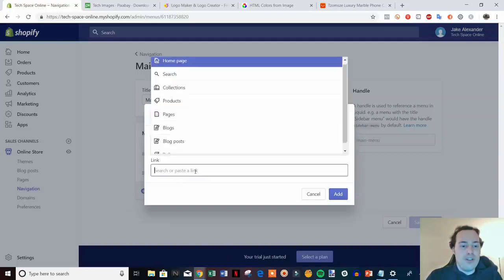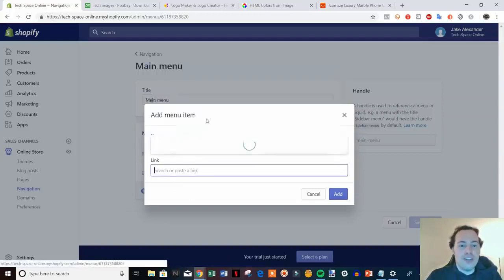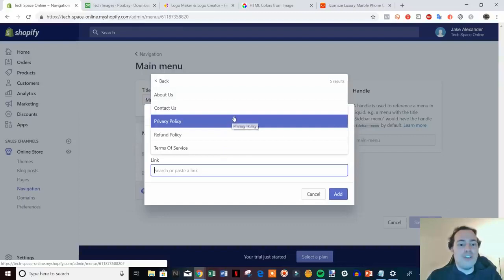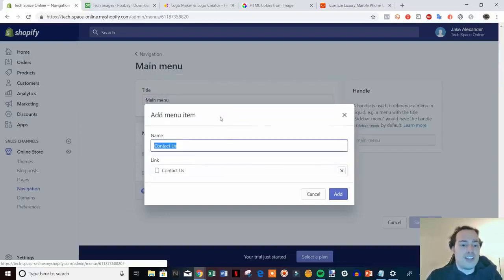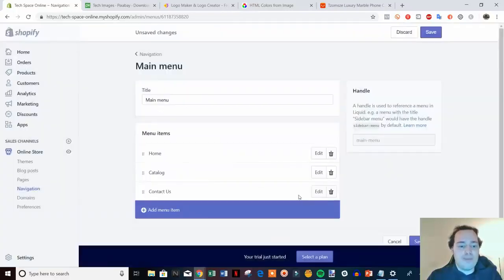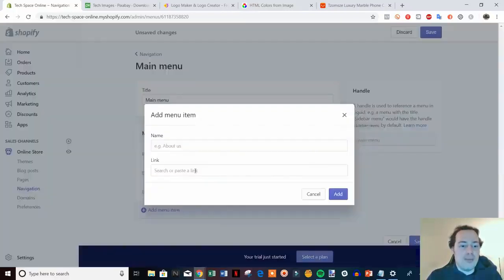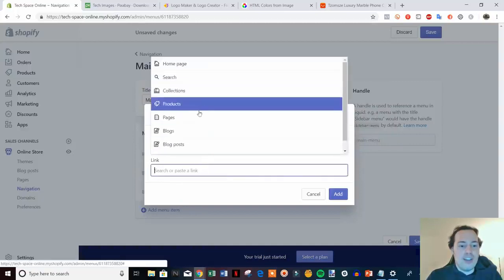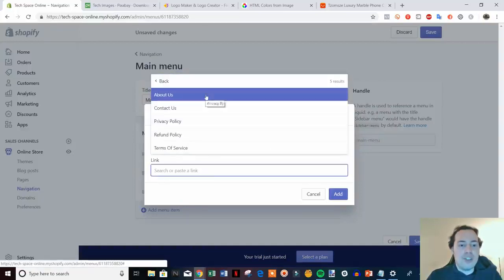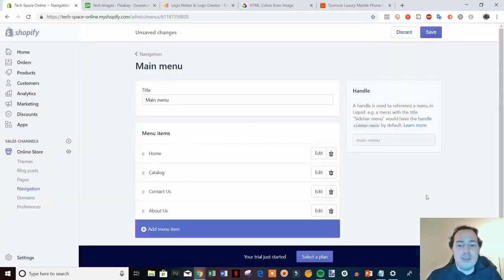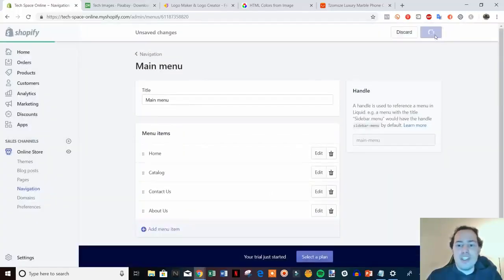So I'm going to click right here, and then we can go to pages, and now we can browse the pages we created. So normally I like to put the contact us link in the main menu, so we can hit add, and then we can click another one, click link, and then pages, and then we can go ahead and click about us and put that in the main menu as well. And then we can save,